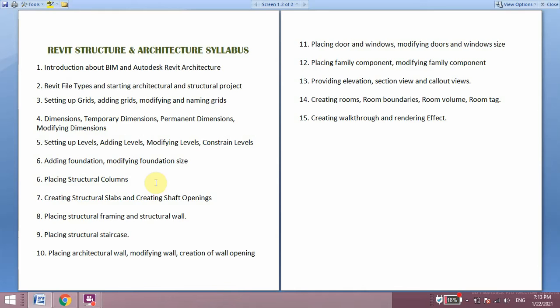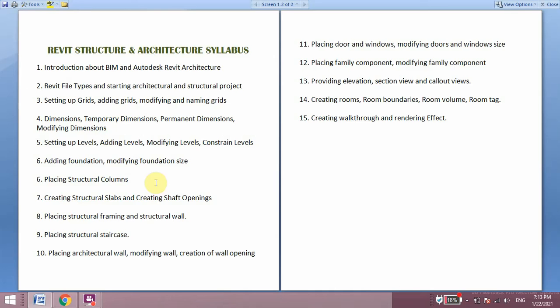After that, in Revit architecture, let us first learn placing of architectural walls, how to modify that wall, and how to create an opening.